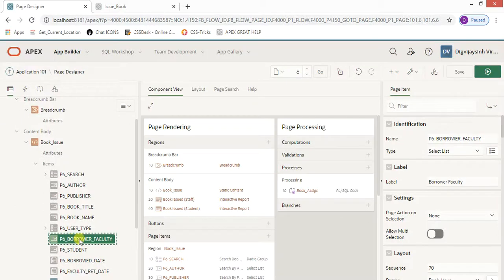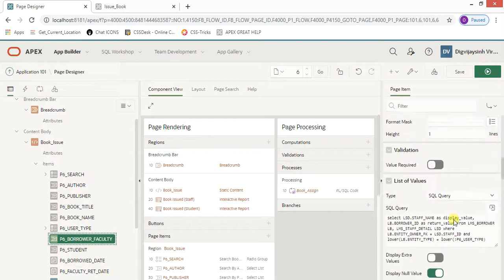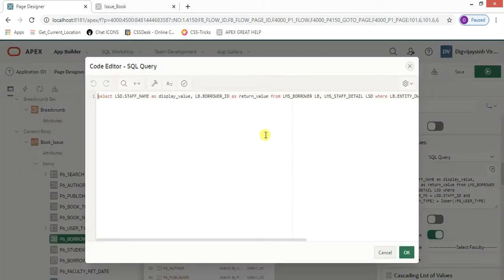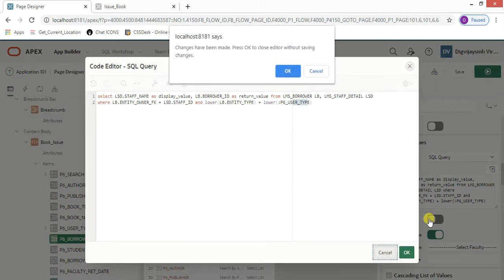So how can it be done? I have added this first, borrower faculty. I have provided a select list, and there is, I think, a query which I have passed. Let me show you. Okay, fine. So I'm selecting the staff name as display value and its borrower ID as return value from the book borrower LMS staff detail, where entity owner FK is equal to staff ID and entity type is equal to user type. So if the user is a faculty, then that detail will be displayed. Okay,